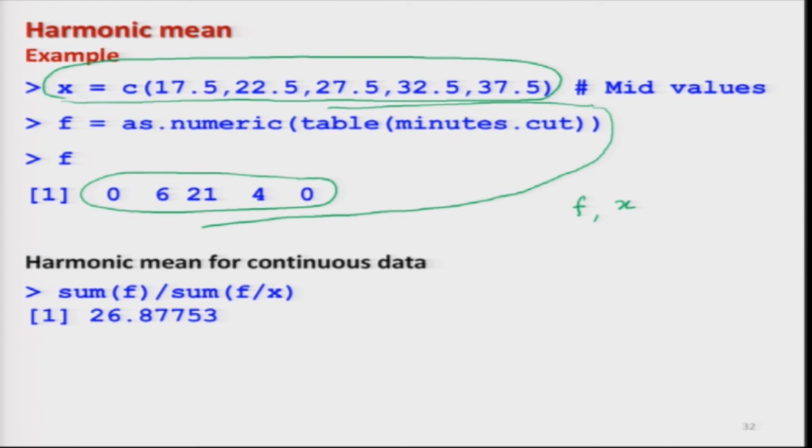Now, if you use these values in the expression that we developed for finding the harmonic mean in case of continuous data, then this value will come out to be 26.87753. So you can see that it is not very difficult to obtain all these things.